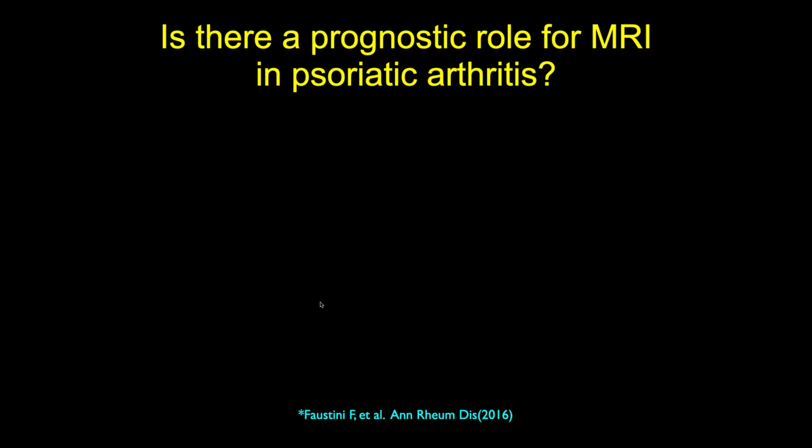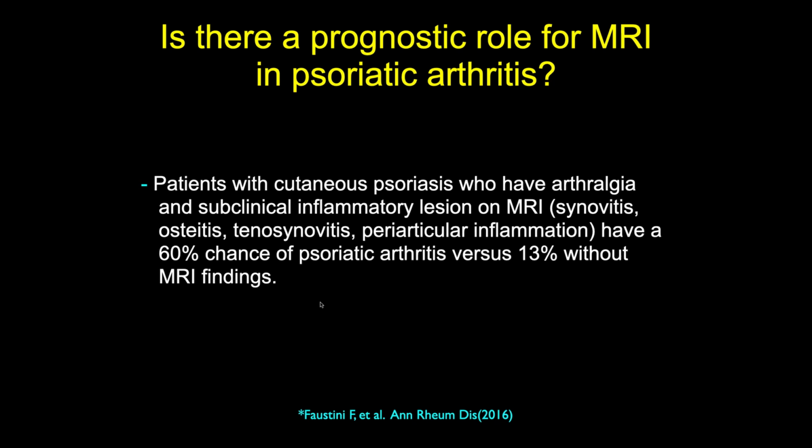Yeah, and then there's the question: what is the role for MRI in psoriatic arthritis? A lot of patients with psoriasis will come in with cutaneous lesions, and they may or may not have arthralgia or subclinical findings on MR in their joints, and then develop joint disease later. What this group found is that if you take patients and do an MR scan of key joints, typically just the dominant hand and wrist,